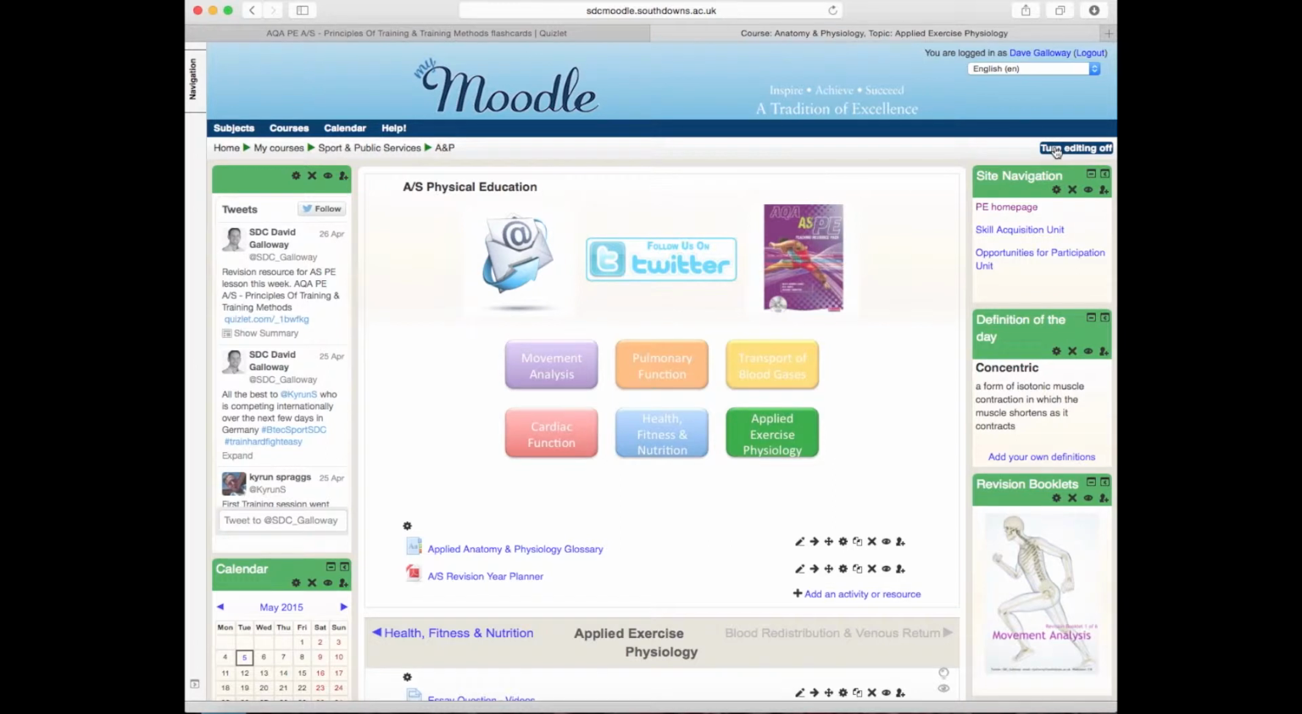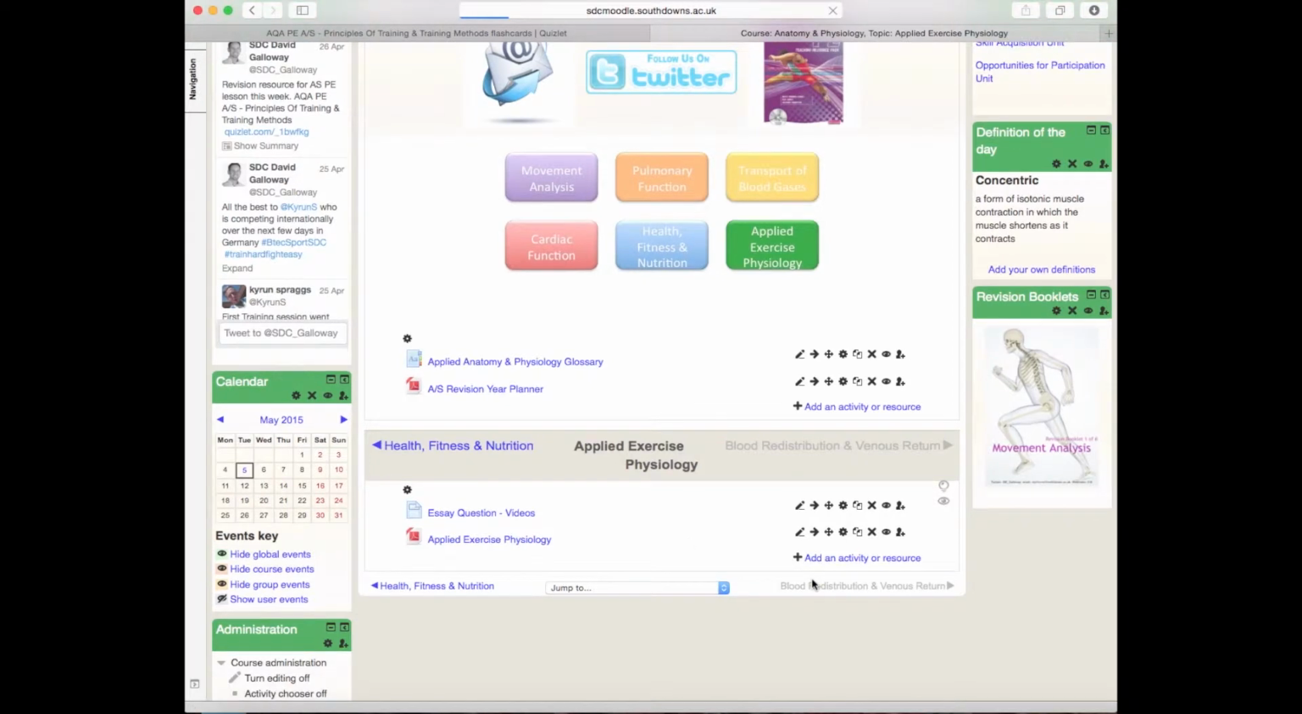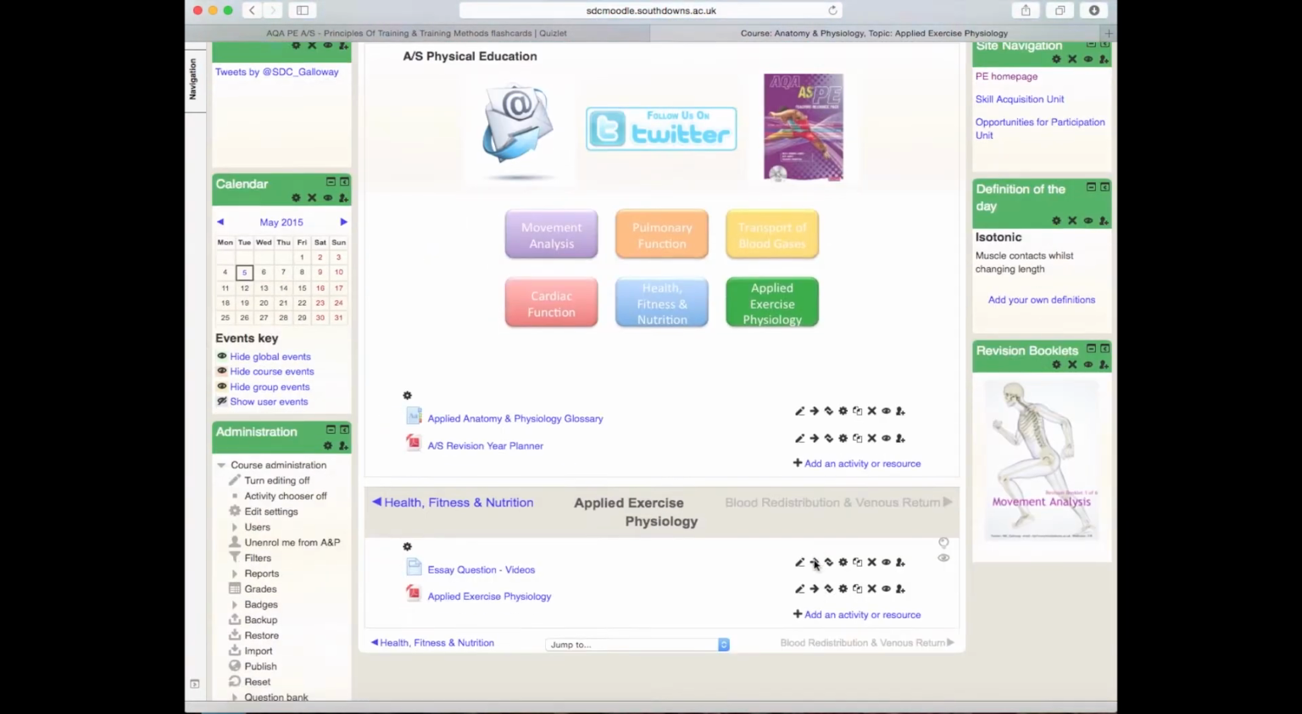Then I go across to my Moodle page, which I've already opened up and already turned editing on. In this case I'm going to go to the applied physiology section, which is where I want it to go, and you can see at the moment fairly boring, just a couple of standard resources there. I'm going to want to add an activity,